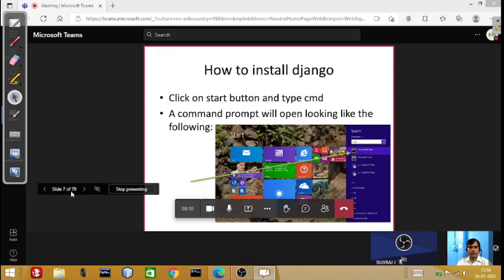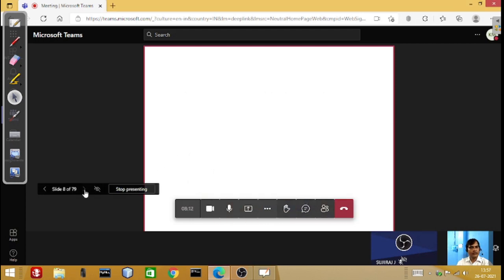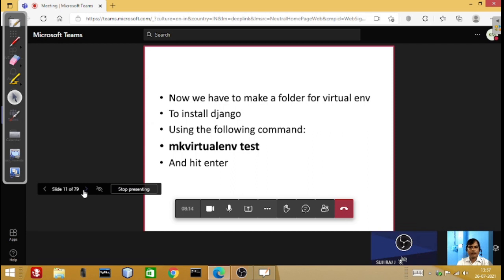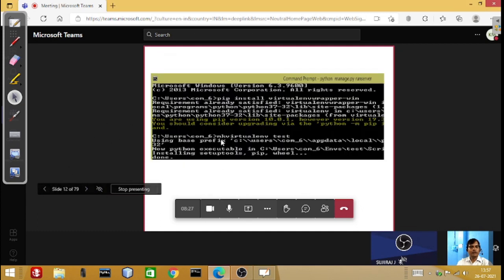Whatever you want. Suppose now you want to move to the next slide, move to the next slide without any issue. Use this option to move to the next slide. If you want to highlight something, use this option for highlight. If you want to erase something, you can use this option to erase. Again, if you want to move to the next slide, you can use this. So students will also get a benefit, and you will also get a benefit after doing this type of presentation sharing.